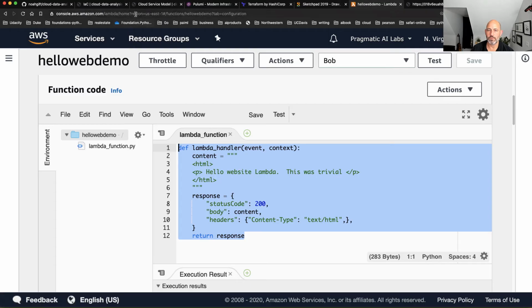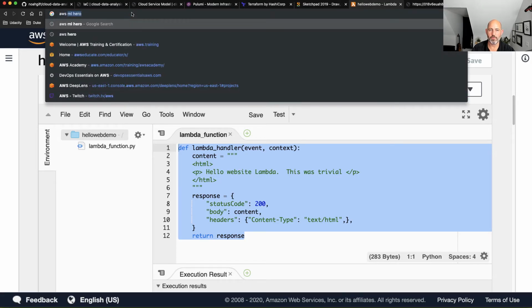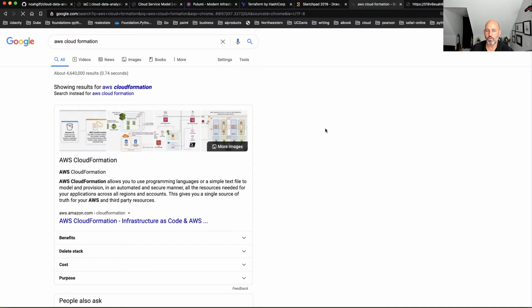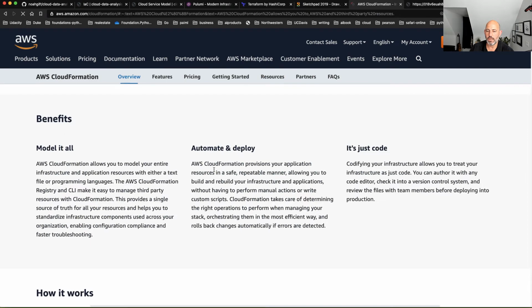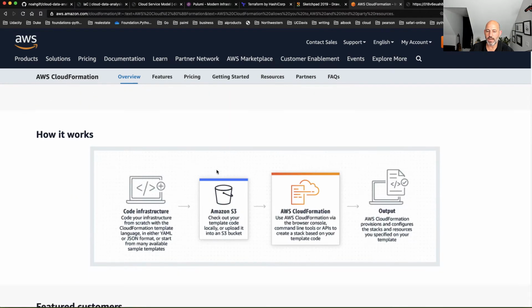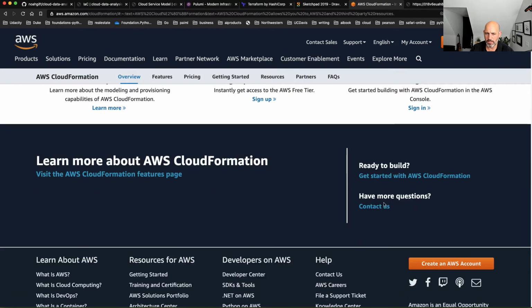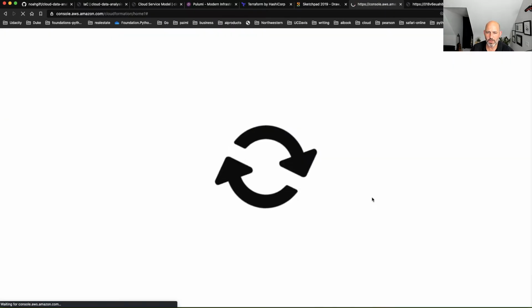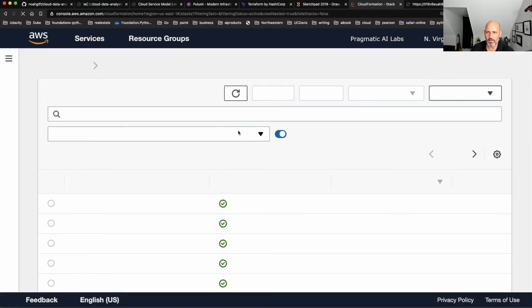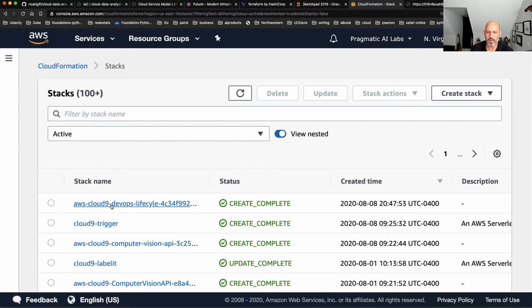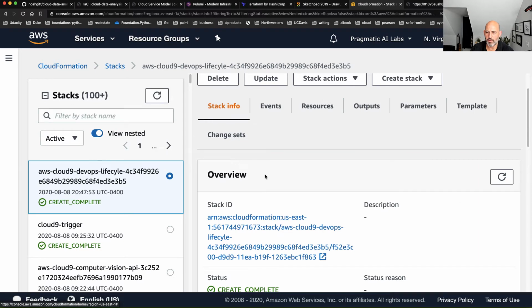Let's go here and we'll say AWS CloudFormation. And basically the way this thing looks is that you can check the infrastructure in, put it into S3, whatever. And I think they have some examples of it here. Let's see. Here we go. Maybe we can see a little sample of this. Here's one that we could look at.